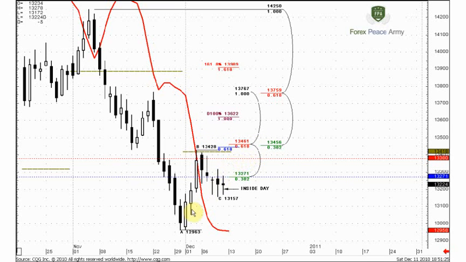Generally speaking, what we can see on the previous week is that the market hit the monthly pivot point. This was also the weekly pivot point that I do not currently have on this chart, and it moved to the downside. This is also a bearish sign.